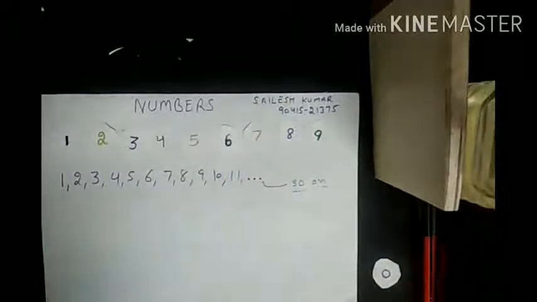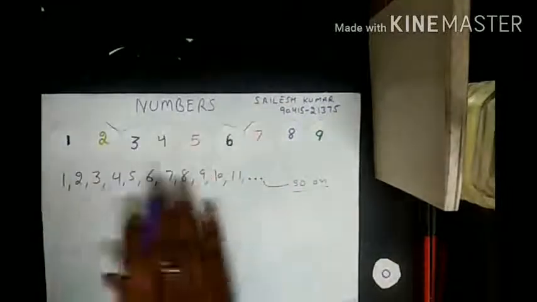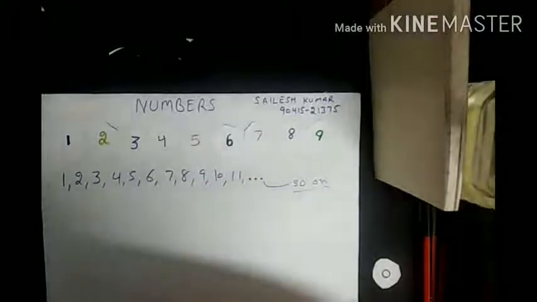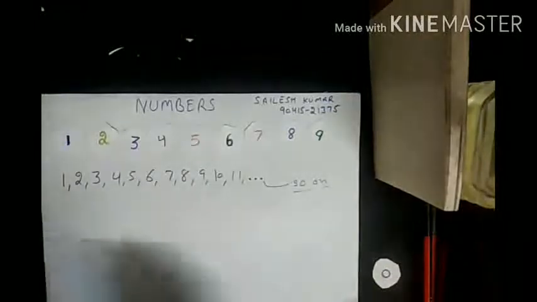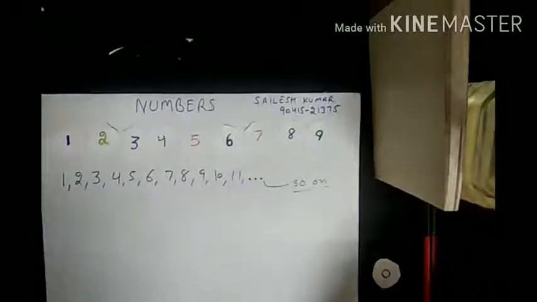Now when I write the symbols in this pattern, in the increasing pattern, one by one, this collection is called the set of natural numbers. It is a group of natural numbers. Natural numbers start from 1 and these are endless.